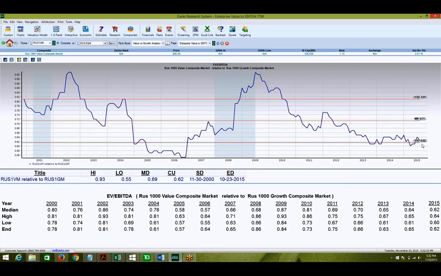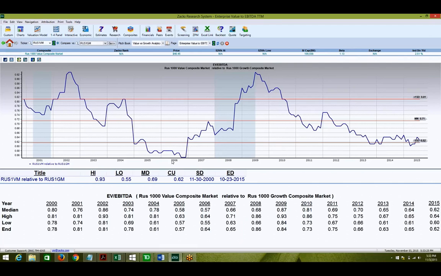Since we're using composites to represent a basket of stocks, different companies have different capital structures and therefore different equity valuations. EV to EBITDA partially accounts for this, since EV represents the total market value of all debt and equity, and EBITDA represents a cash flow to the firm for all of its stakeholders. From this perspective, relative EV to EBITDA for value stocks compared to growth stocks actually might be an interesting opportunity